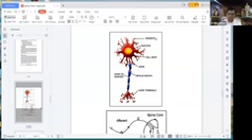Now the cell body also has a long structure, from 2 micron to 20 centimeter long, known as the axon. See, these are the axons. This is the cell body. In between is the myelin sheath, and the axon is inside the myelin sheath also. This part is called the axon. These are the dendrites, and the nucleus is present inside. This is the cell body, and these are the axons.